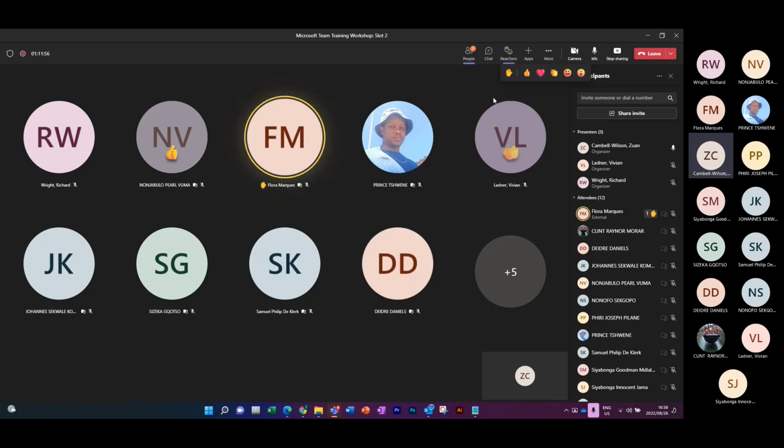Brilliant. The next section that we have is again apps, so you can always bring in other applications into Zuana,